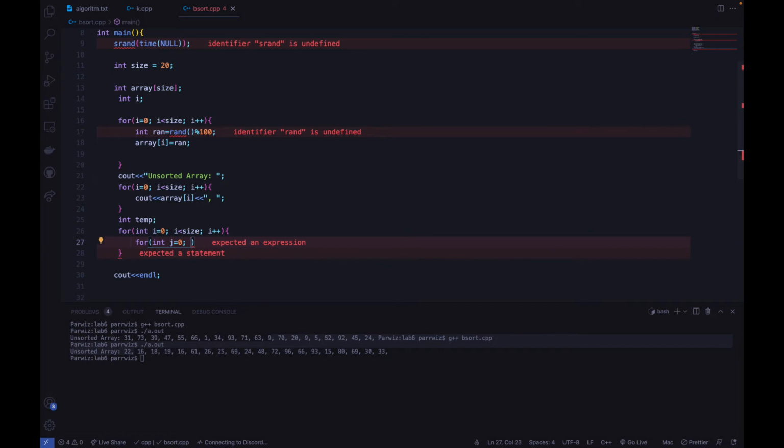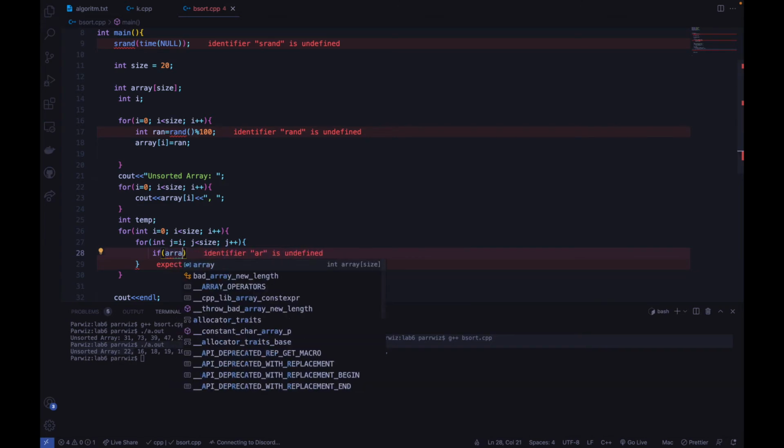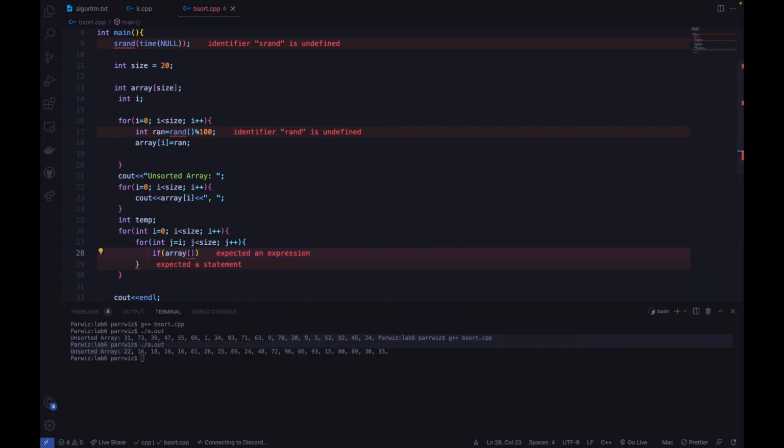We'll just make it i, so every time there'll be a new iteration, and then we go j plus plus, and we say an if, because this is just a comparison. If array of i was bigger than array of j, it means that if the first element was bigger than the second,